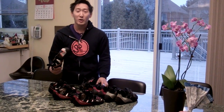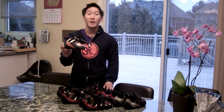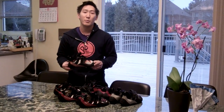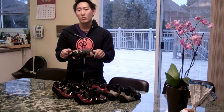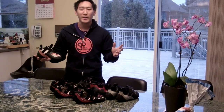So I finished washing all my shoes and they came out really nice looking. They're all brand spanking new looking and they smell really good and they also are a little bit more sticky, which is really nice. So what I'm actually going to do now is I'm going to take all the shoes and I'm going to put them over an air vent, face down like that. The reason why is you don't really want to put these in the drying machine because one, it creates a lot of heat, and two, they tumble around and it's going to create a giant racket for your whole house,